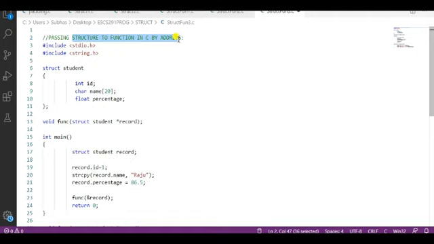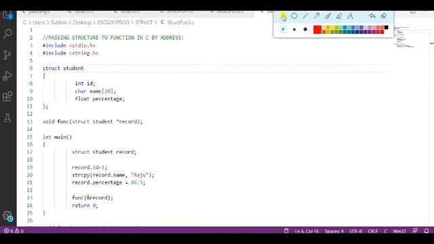That means we have to pass the address of a structure, not an individual element, not by value. We are not going to pass any structure element by value or individual element. We only want to pass the entire structure address. So look at the example.